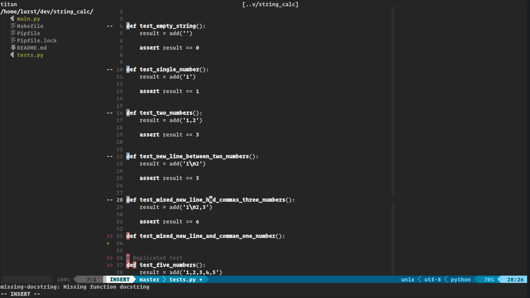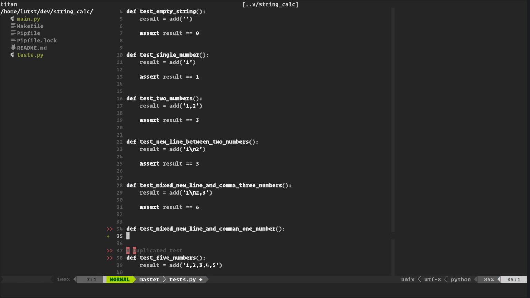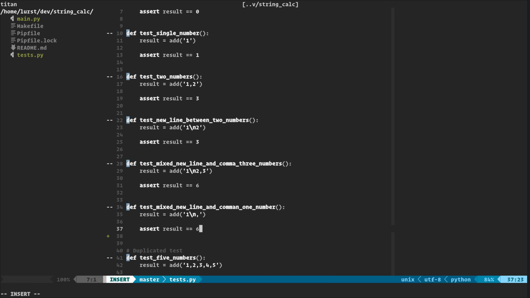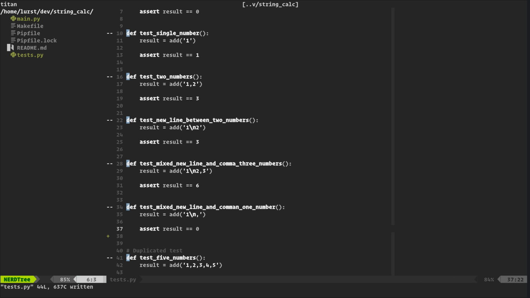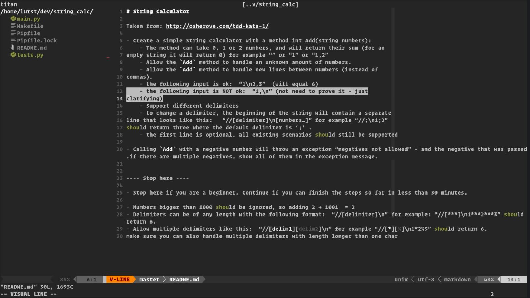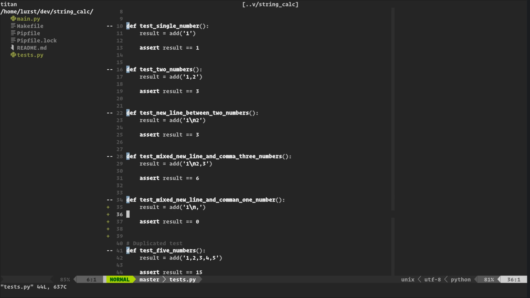Well, actually, one thing that they don't say is it's invalid, but should we expect it to return 0? I think this is the case, right? Not need to prove it, just clarifying. I'm not sure what that means.